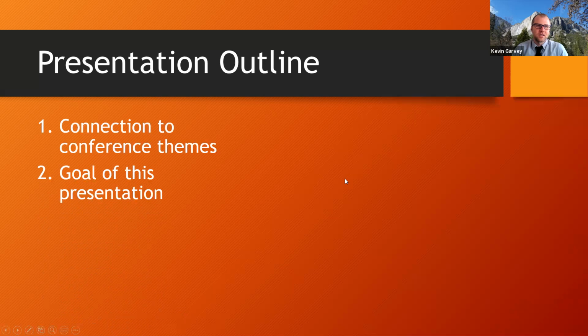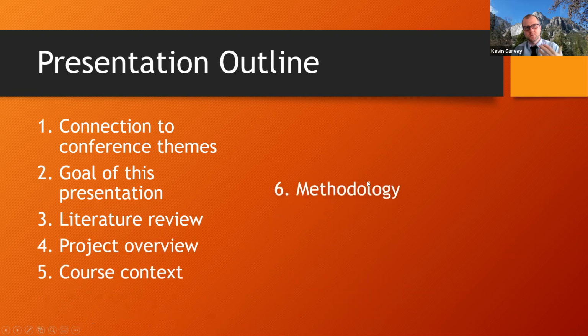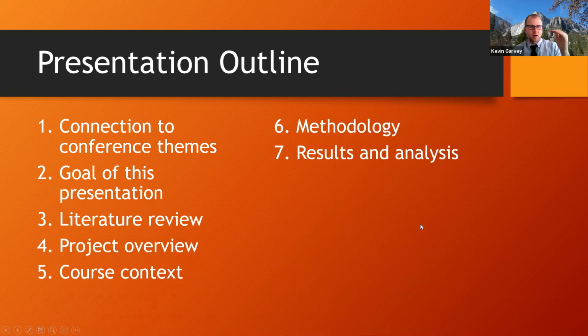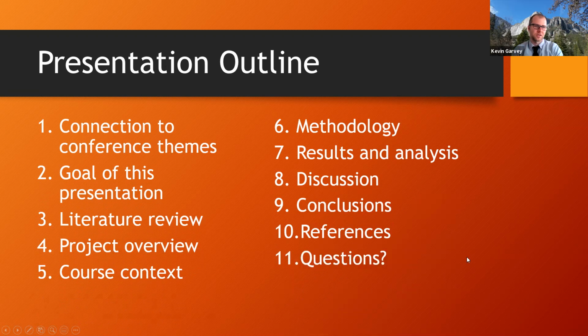The outline of our presentation here, we want to start with connection to the conference themes, talk about the goal of this presentation, what we want to do this morning, and then our project. We wrote a literature review to frame it. I'll go over that section. Matthew will talk about the project, the course, and the methodology, points 4, 5, and 6. I'll talk about the results and analysis, how we looked at our data. And then Matthew will talk about discussion and conclusions, kind of future directions. So we want to introduce the project, where we're coming from, what is exploratory practice. By the end of it, we'll have some time, hopefully, for any questions, and then that'll be it.